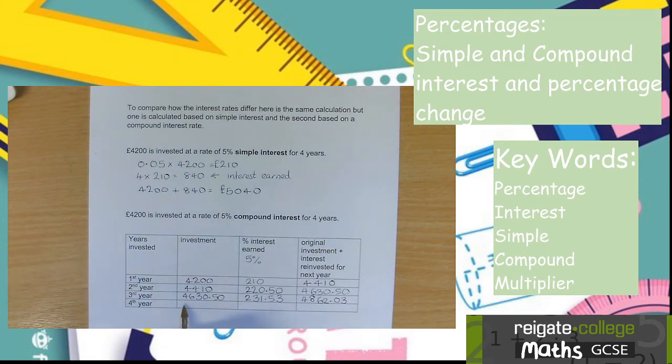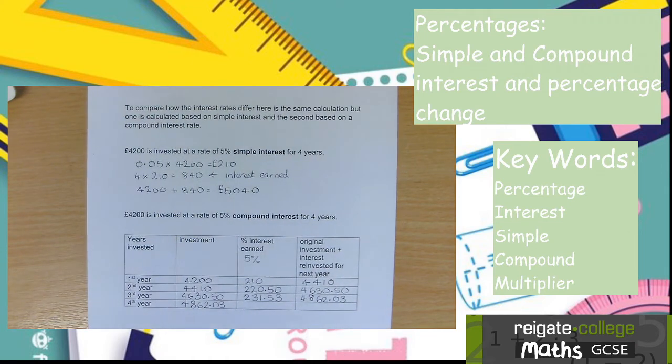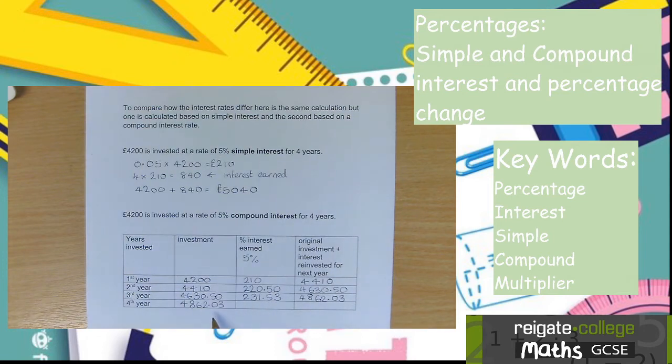I've got my investment in my bank for 4 years, so this is the final year on which I am going to earn interest. I have the whole of my end of year 3 amount in the bank. I earn 5% on the whole of that amount. So that's original investment plus all of the interest that's been put back into the account. And that, in that year, would earn me a grand total of